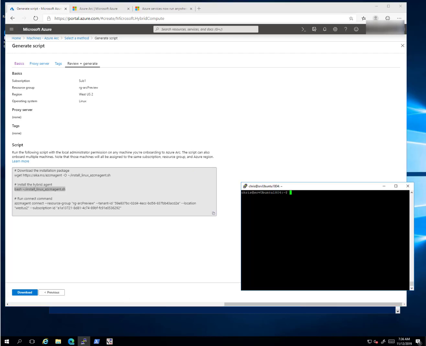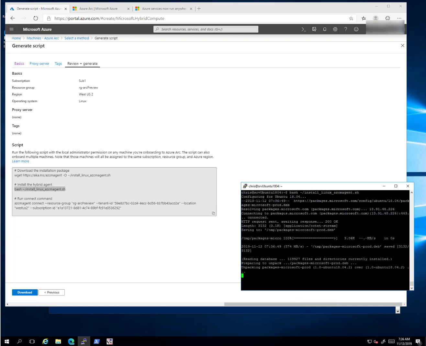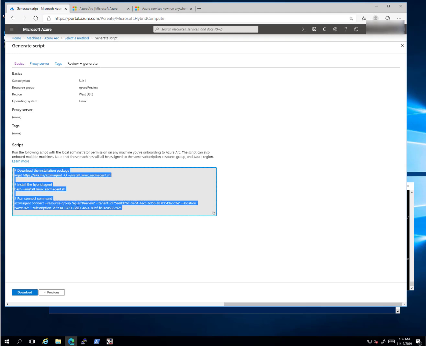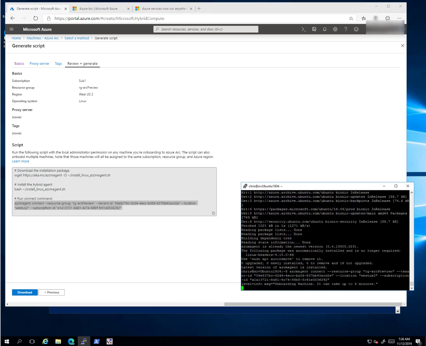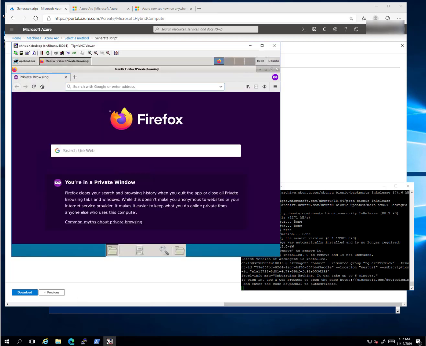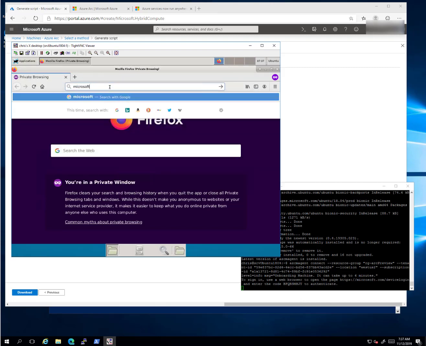So I'm SSH'd into this, so I'm going to paste this in, and it will do its thing. And then while it's completing, let's copy this command as well, and paste this in. Same thing, we need to open up a web browser and type in this code to authenticate. So I've already VNC'd into this server. Let's jump into Firefox as I am,